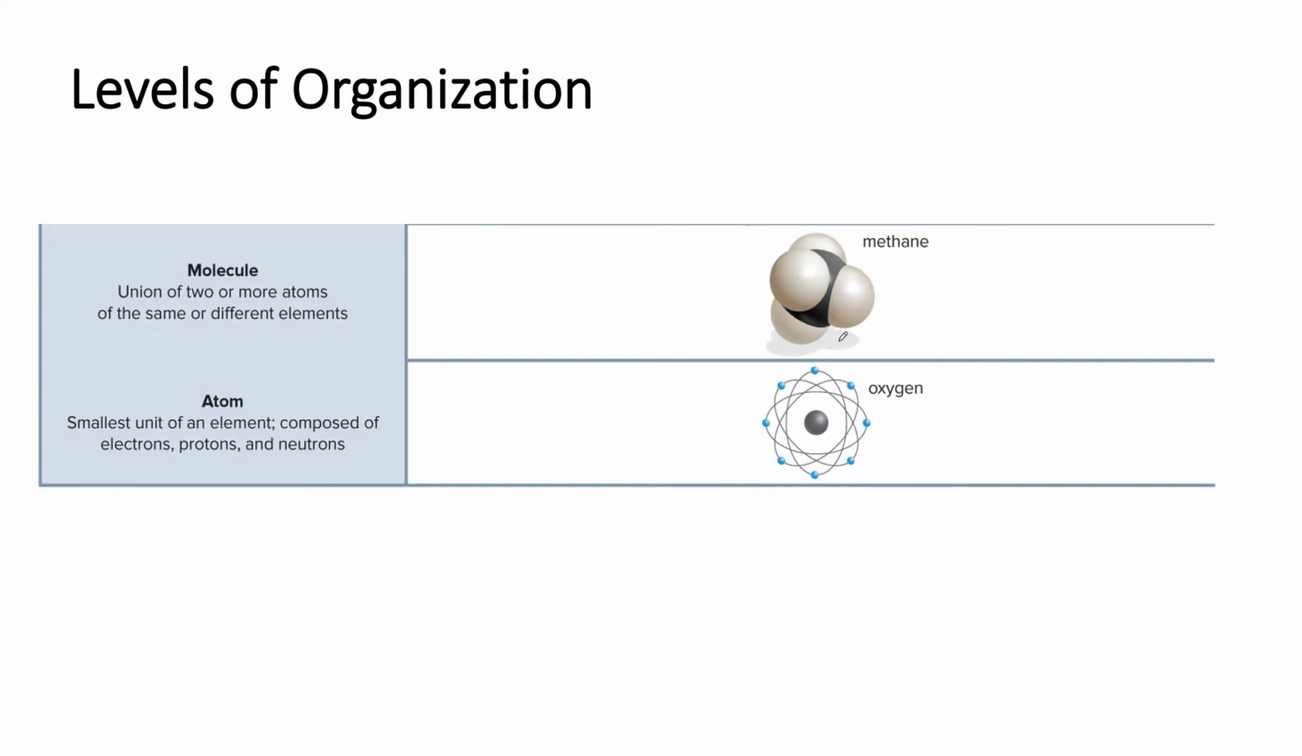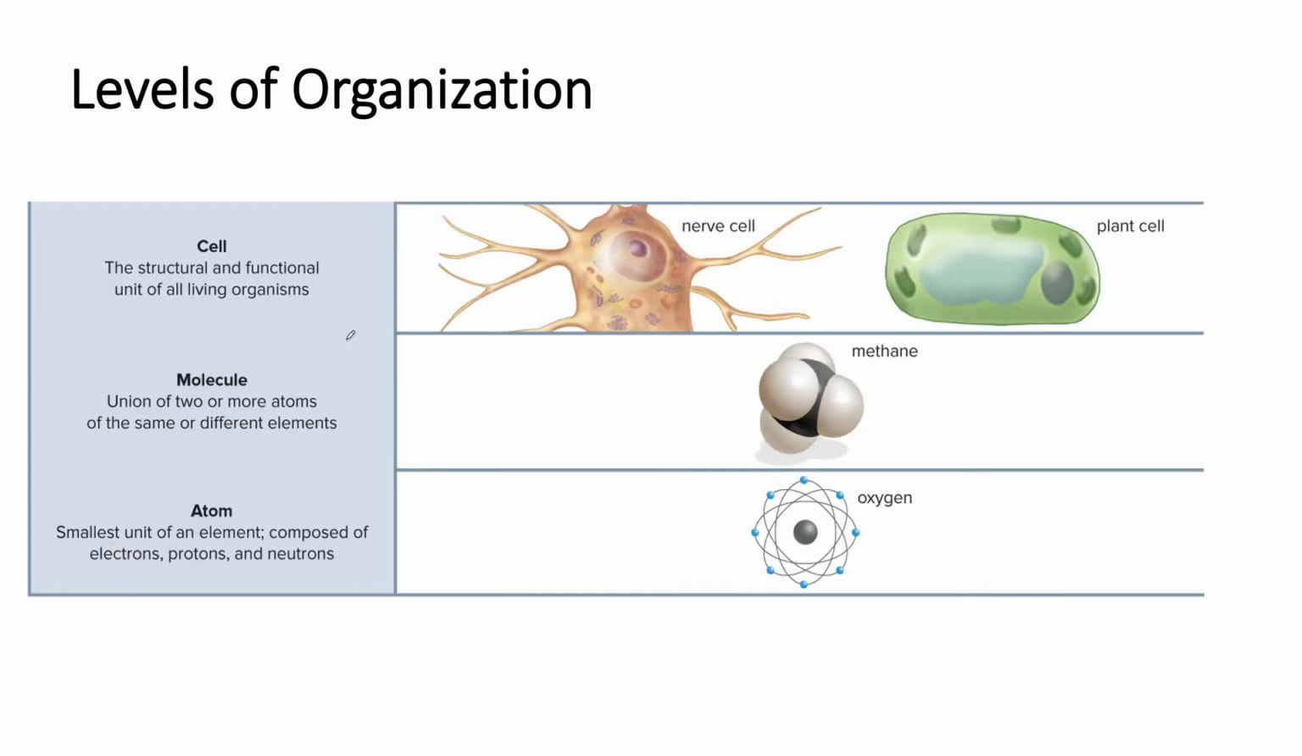Now, how are they stuck together? They're bonded together. It could be two atoms of oxygen that get bonded. In the case that they're showing here, they're talking about methane, which is one atom of carbon and four atoms of hydrogen. If you take a bunch of molecules and put them together, you're going to end up with